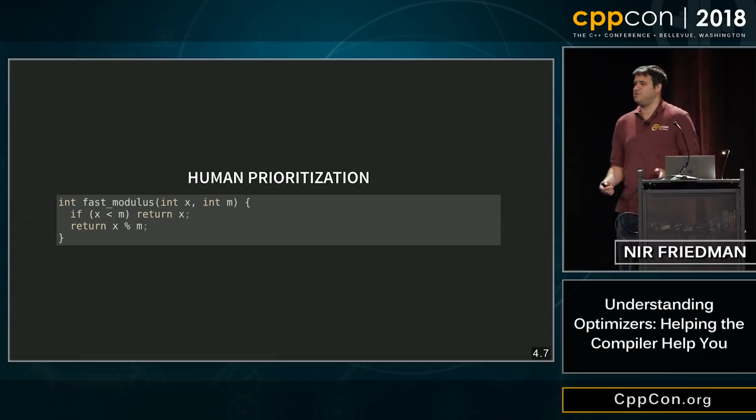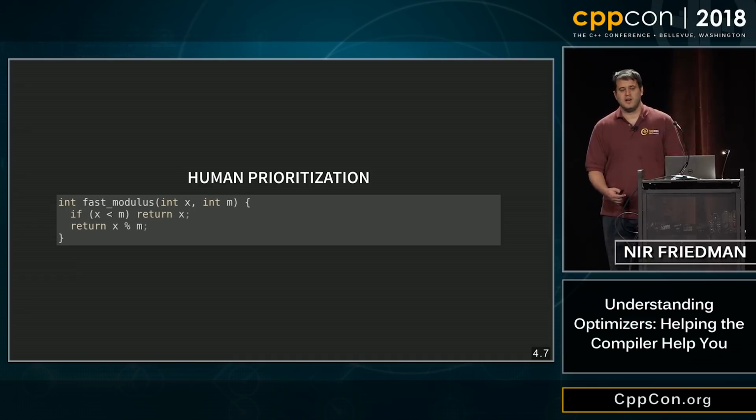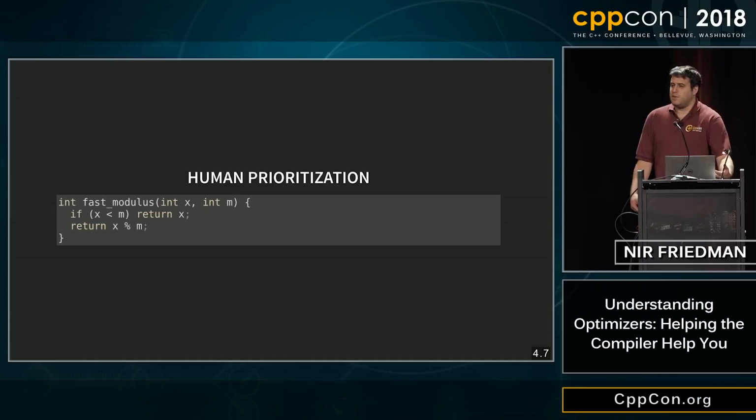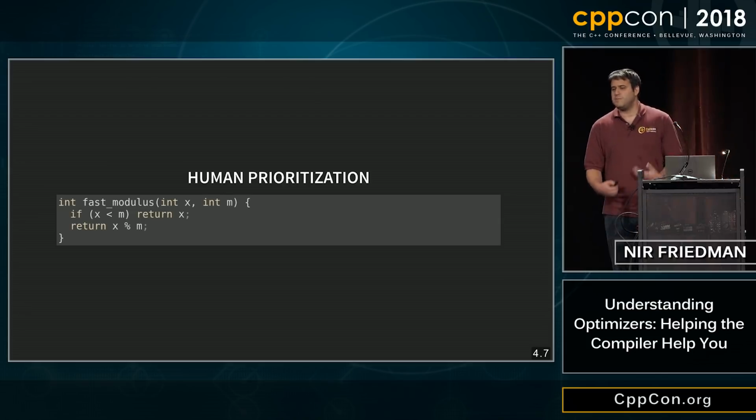Now, Clang still doesn't do this. I don't know the reason. But one thing I'd like to throw out there is maybe this is not such a bad thing. Because, is fast modulus better? Like the assembly that's equivalent to this. Is this always the assembly that we want? Well, the mean performance is better. But you don't always care about the mean. Like, for instance, what about worst case?